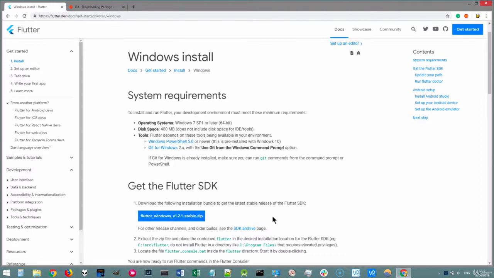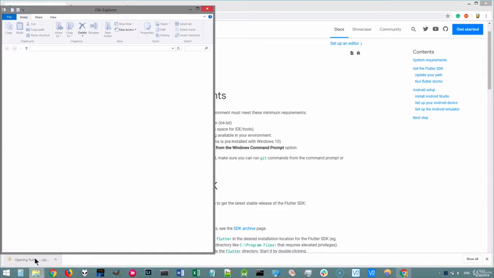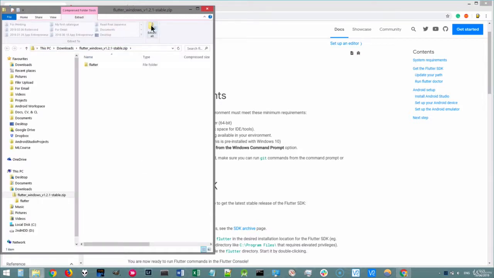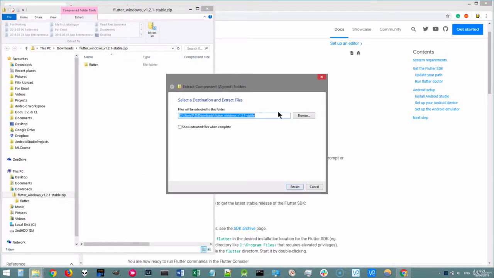This is going to contain all the code that we'll need to be able to start developing Flutter apps. Now, once you're ready, click on this big blue button and you should download the Flutter for Windows zip file. Now, once download is finished, go ahead and open up the zip file and you'll need to click on Extract All. Now, the place that we're going to extract it to is really important. Flutter recommends putting it in a file path that's directly in the C drive, for example,